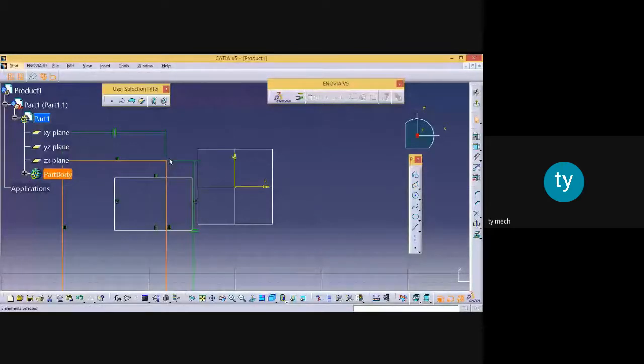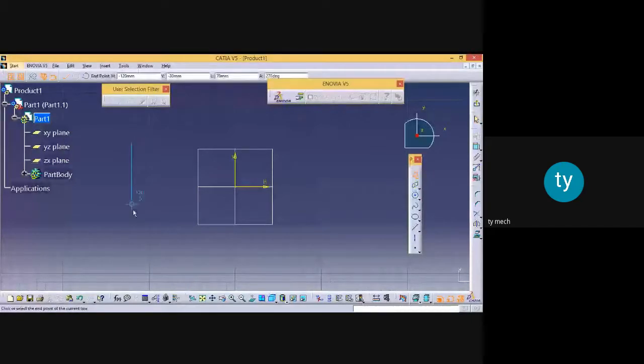Are you getting? So once again I will repeat. You see, suppose I draw this vertical line and this horizontal line. These two lines we have to select while drawing a centered parallelogram. This centered parallelogram command is available at the end. Select the first line, which is shown over here.